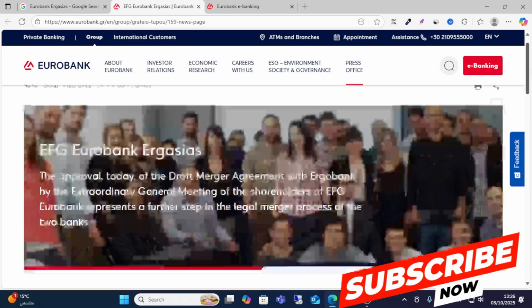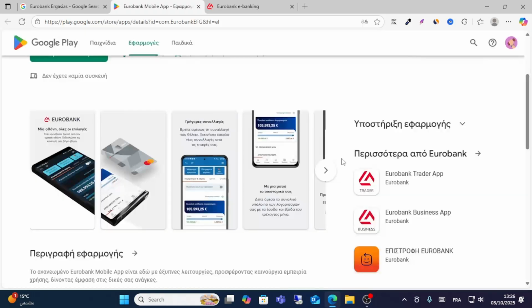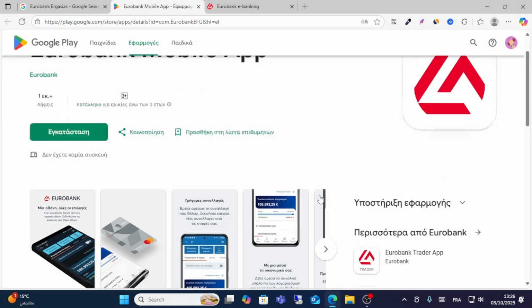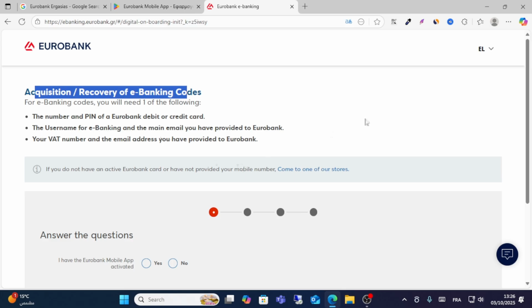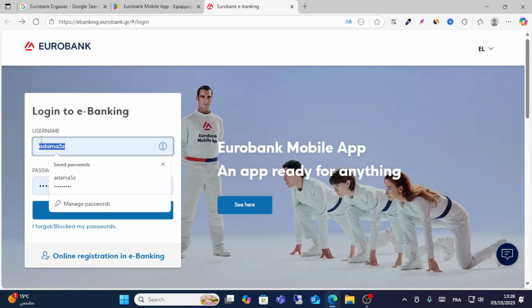If you want to log in on your app, just download this app on Google Play. When you download this app on Google Play, you can log in successfully without any problem. Just follow these simple prompts to log in, and then you will log in successfully with your username and